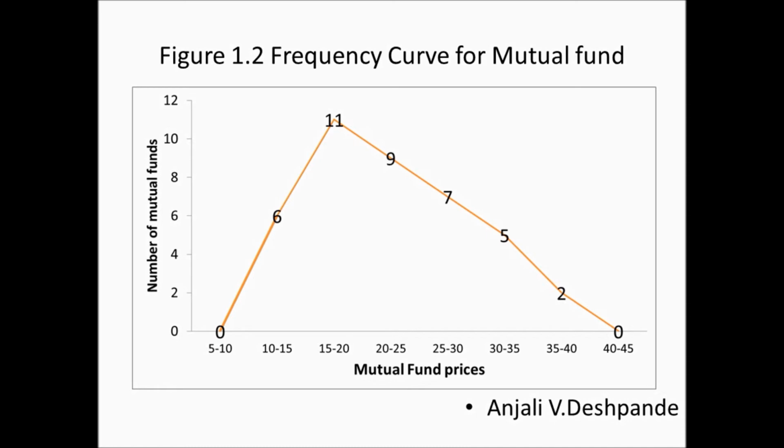Two frequency distributions can also be compared by superimposing two or more frequency curves, provided the width of their class intervals and the total number of frequencies are equal for the given distributions. That is one point which you should keep in mind. Even if the distributions to be compared differ in terms of total frequencies, they can still be compared by drawing the percent frequency curves, where the vertical axis measures the percent frequencies and not the absolute frequencies. So this is regarding the frequency curve.